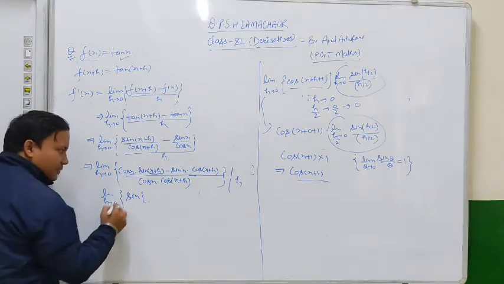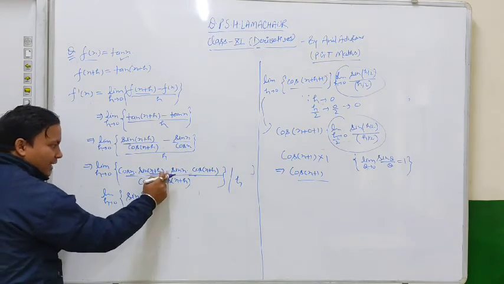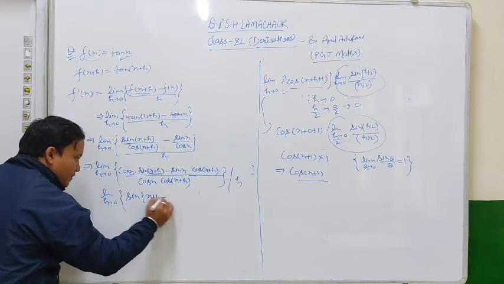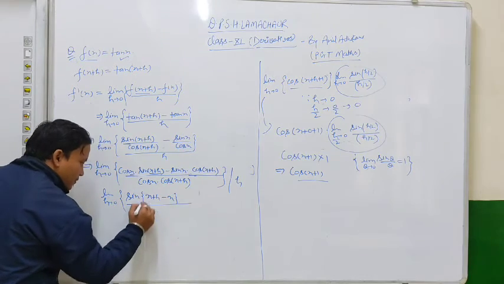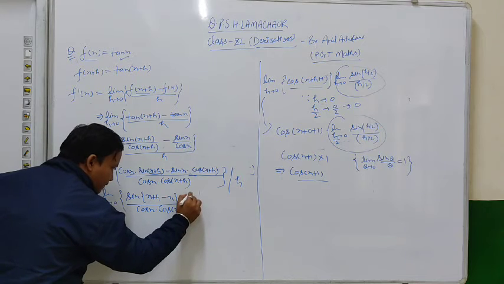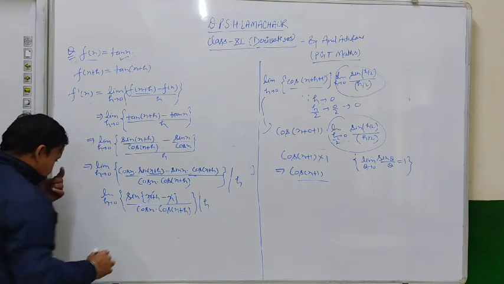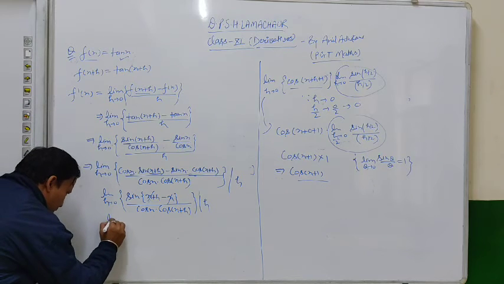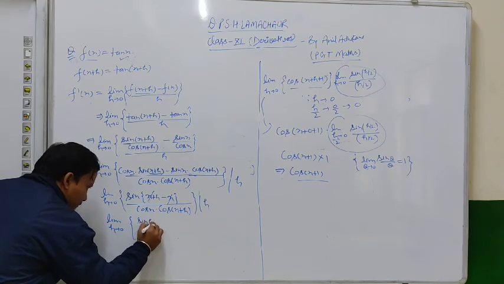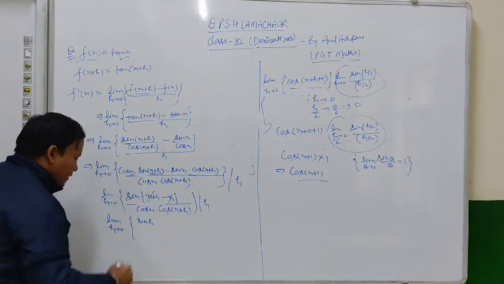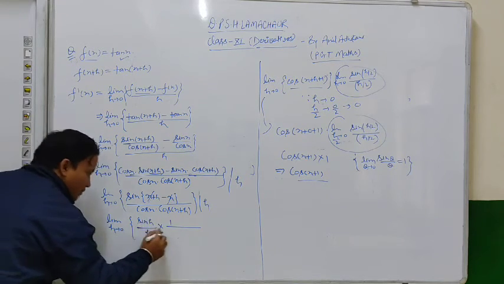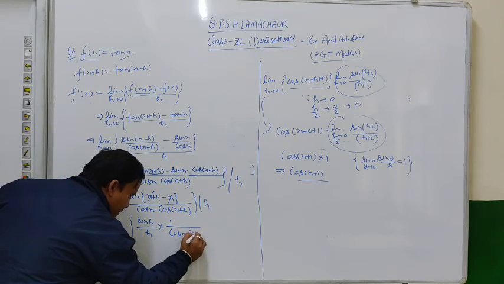So let it be x and let it be y. So this is the formula sin x cos y minus cos x sin y. So sin of x, which is x plus h, minus y, which is x, divided by cos x into cos(x plus h) and divided by h. So this x and x will be cancelled out. So what we get in numerator? Limit h tends to 0, in numerator we have sin h, and we can take this h with the denominator of sin h and multiply with 1 upon the remaining part in the denominator, which is cos x into cos(x plus h).